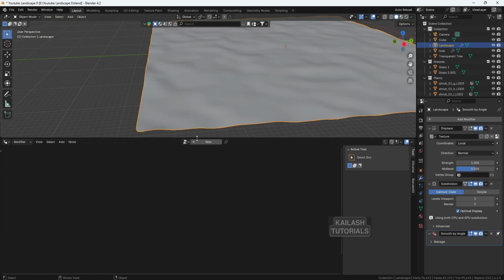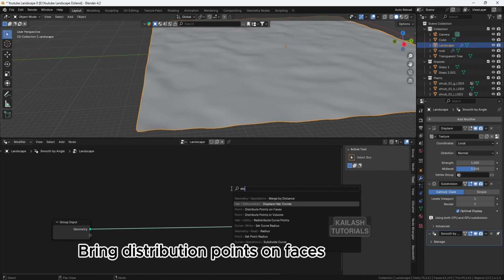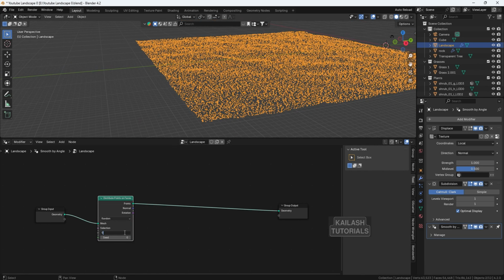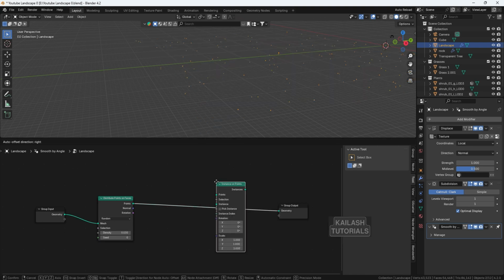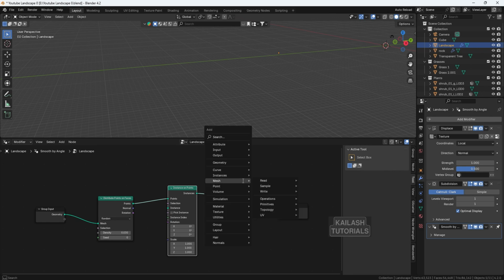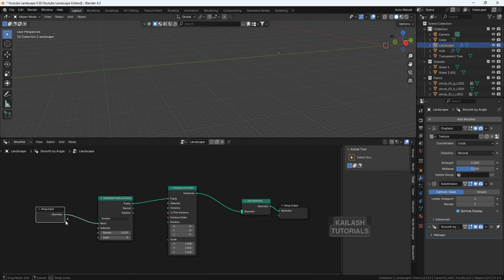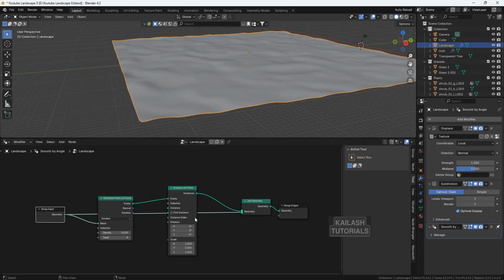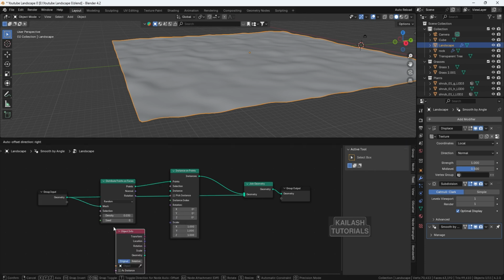Click New, rename it Landscape, press Shift A. Now in all faces points will be placed, change the density value, then bring Instance on Points. Now we can see, we couldn't see our landscape, for that bring Join Geometry, place it here, then connect this group input to Join Geometry, now we can see our landscape, then bring Object Info, and select the tree here,